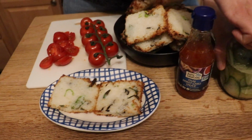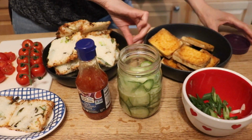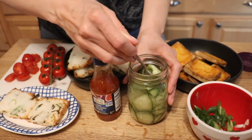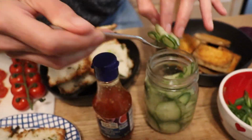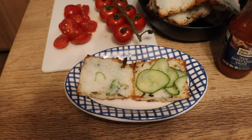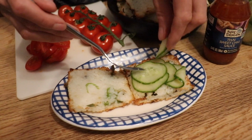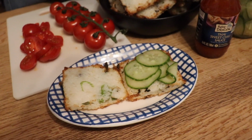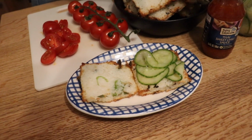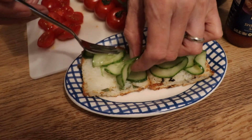Nice. So let's start off with our bed of pickled cuke, which I already tasted and is delicious. It slaps. Oh, you could just get the whiff of the garlic in there. Right when you open that, we're just going to put a little bit at the bottom. It's not super pickly. It's got a nice little bite to it still. It's not mushy. Good. That's what I like to hear. I probably could have made more if I had a big... I do have a bigger jar, but I didn't realize, so...